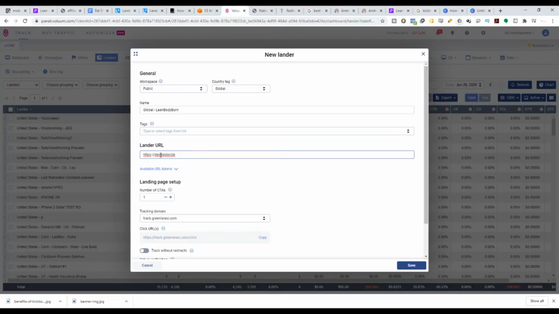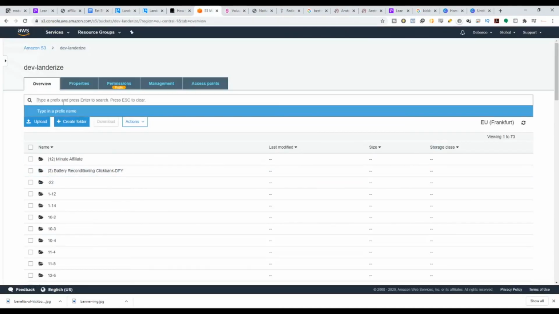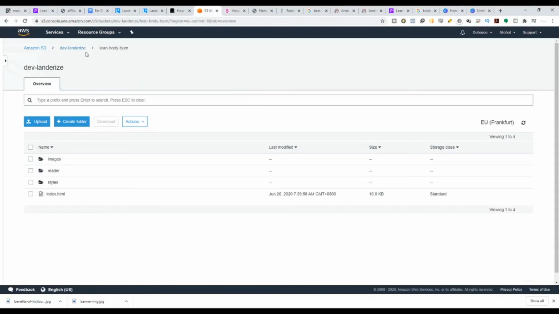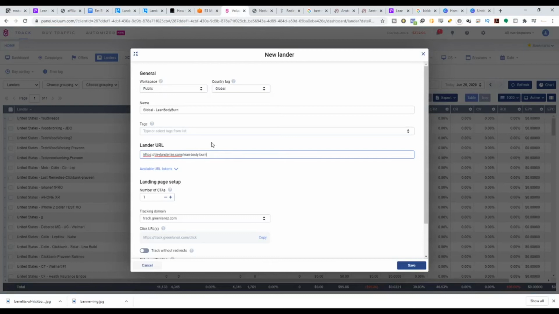This is the one. Make sure there's no slash for the domain, and then do .com, hit another slash, and this is where you're going to put the bucket that you uploaded your landing page to. So this was our bucket, right? Lean body burn. So you're going to copy this, paste this here. For this one over here, you can either choose to put the slash dash or not. This totally depends on you. And then finally you're going to do